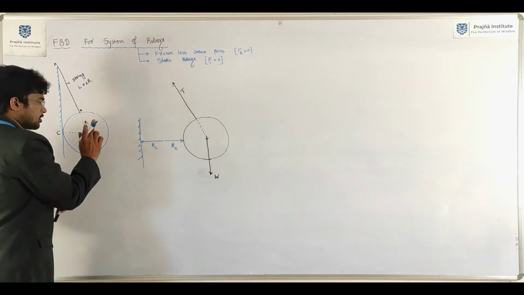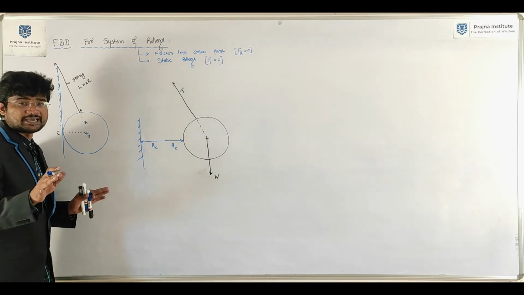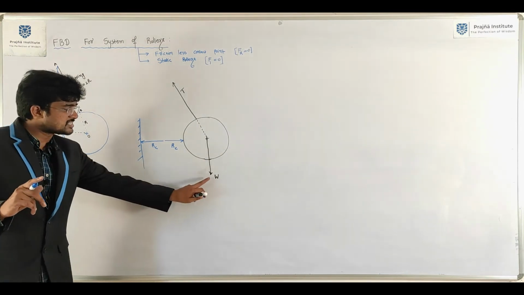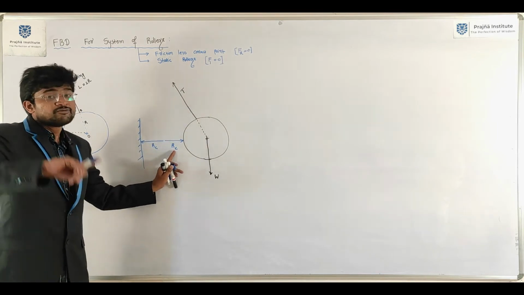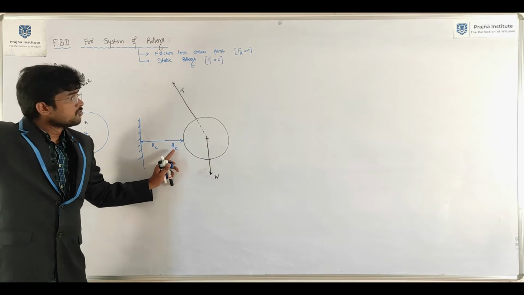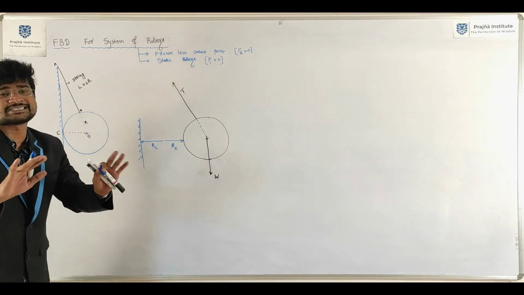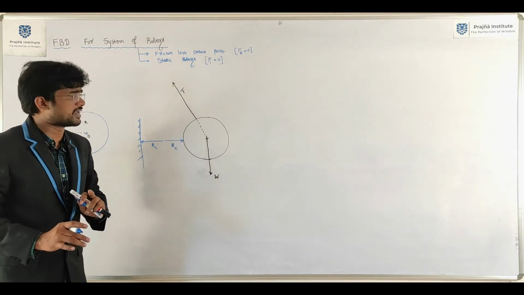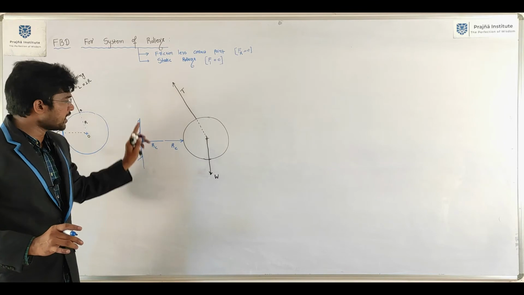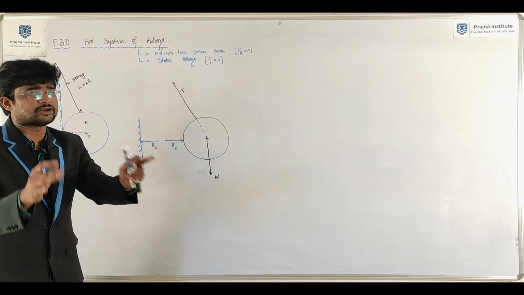That's it. It is not moving. That is why inertia force won't come. Fourth statement won't come here. We need to use first statement, second statement, third statement, fifth statement. Fourth statement won't come while drawing free body diagram for system of rollers. So weight always acts vertically downward, tension always pulls the body. At every contact point, two normal reactions will be acting, both equal in magnitude, unlike in nature.